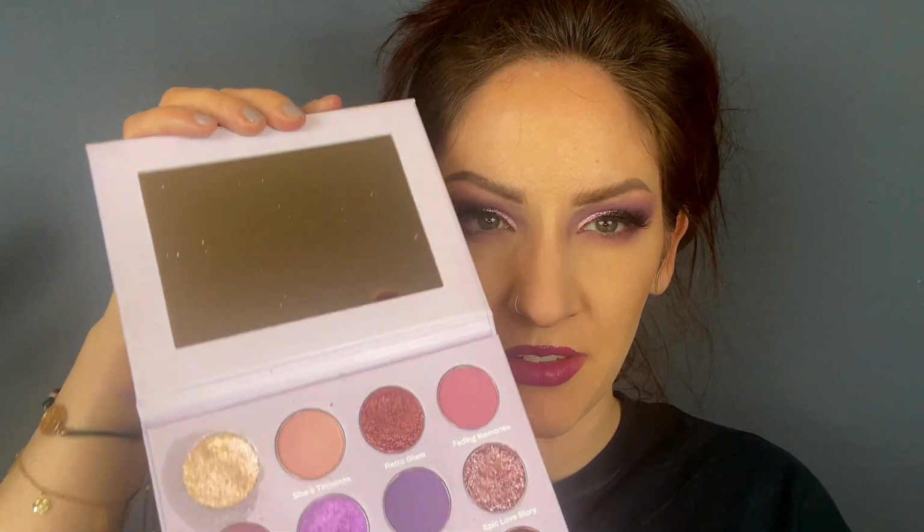So yeah, it's a bit expensive too. Like 40 euros for not even a duochrome palette? Really? And then to have one shade kind of arrive busted, I'm not sure about this. I did get both of these products for 15% off, so I should really just shut up, but